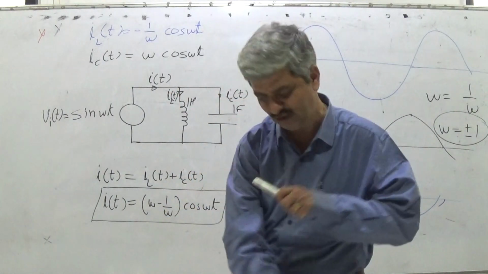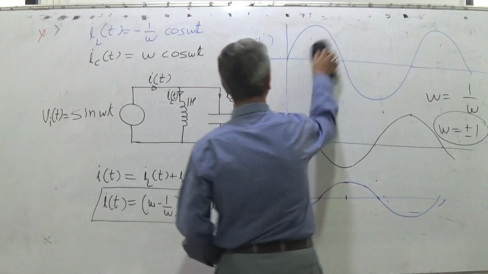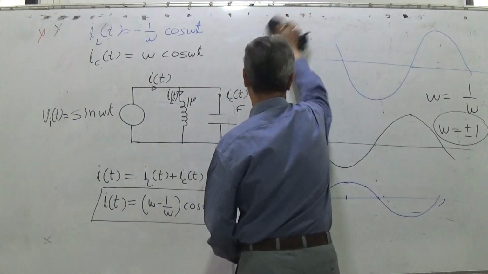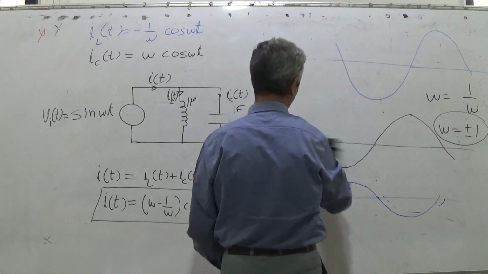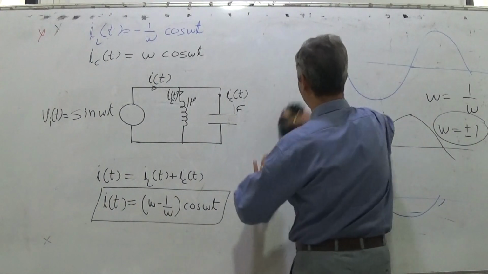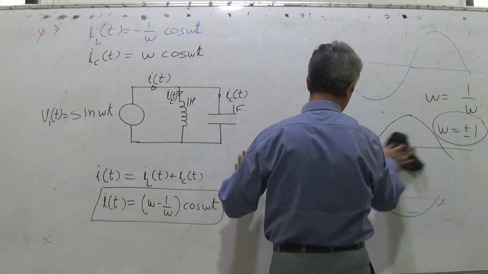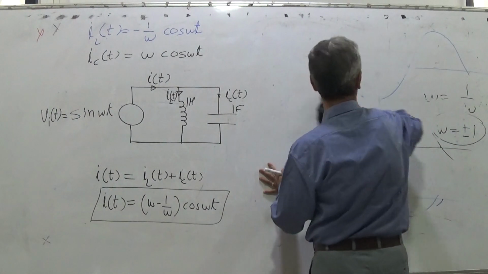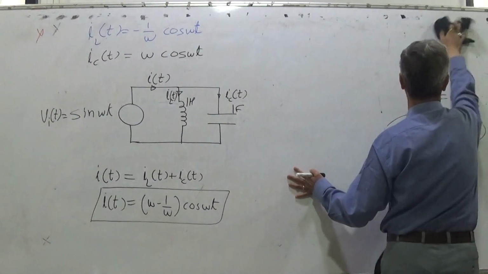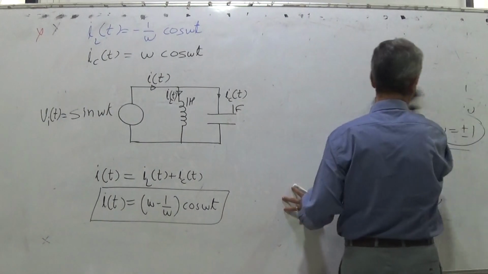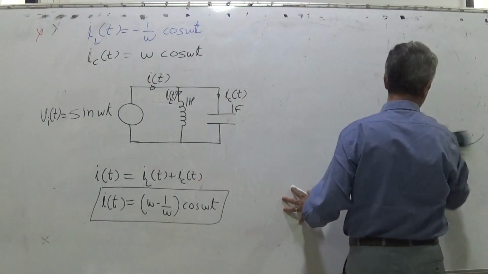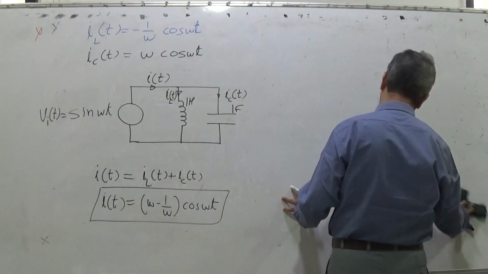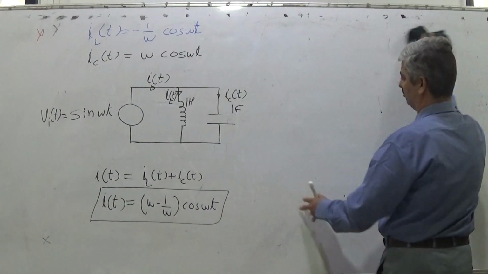So we can alternatively also explain the same thing. That also we will discuss. I hope that you will understand that. By many methods we can try to understand the concept. This is called resonance: for an LC parallel circuit, when inductor current and capacitor current, which are always opposite, become equal, it is called resonance.